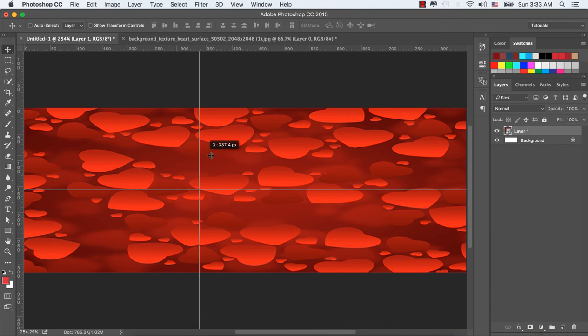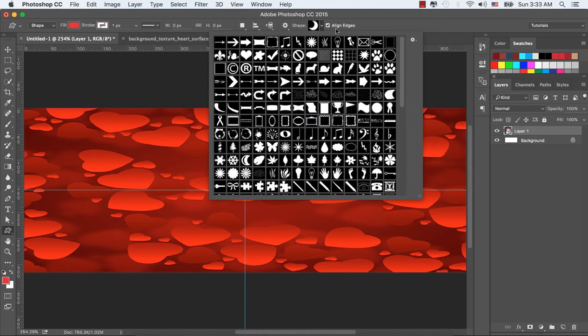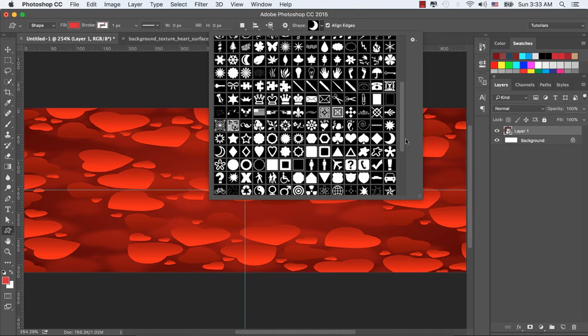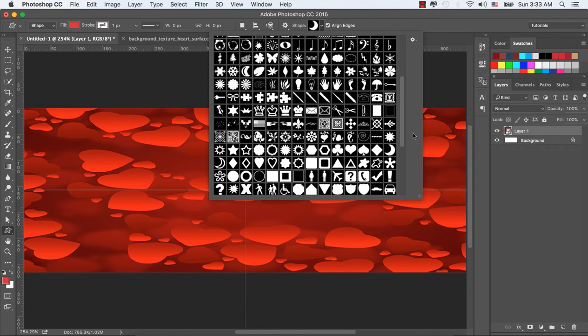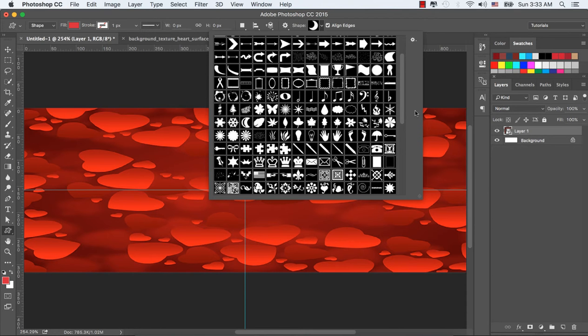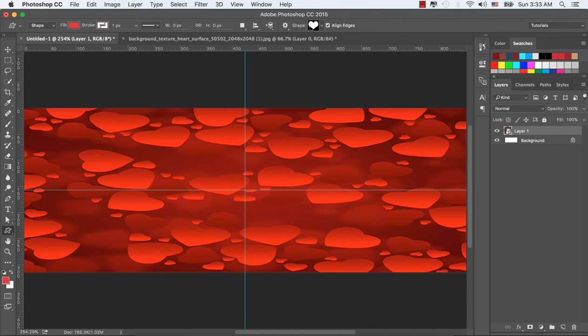And let's bring a guideline from the top bar and snap it in the middle, and another one from the left hand side and snap it in the middle side. And let's select the shape toolbar from the rectangular toolbar and select the heart shape. Select the heart shape from this shape toolbar, and let's drag a heart shape in our new document